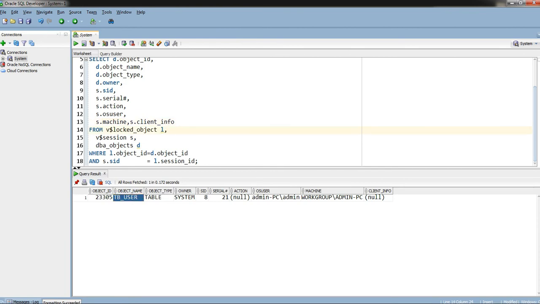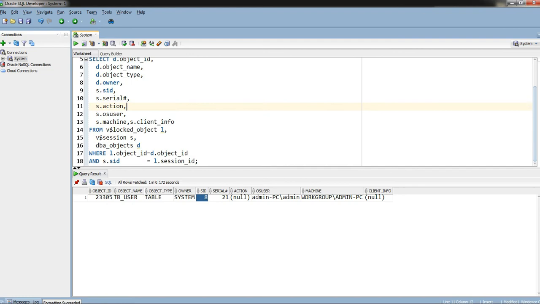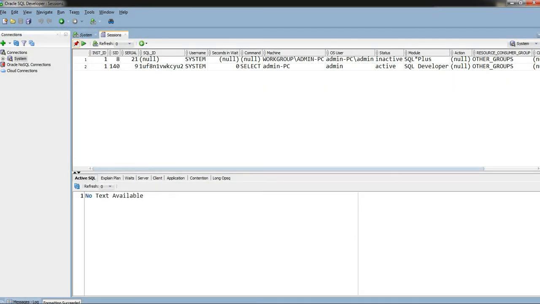For example, if he is not available, then what we can do is we can kill his session by using this SID. Right now, the table is locked with SID 8. So we can go to tools. We have monitor sessions here. If you see, the SID 8 is there. From SQL Plus, he logged in to this DB.